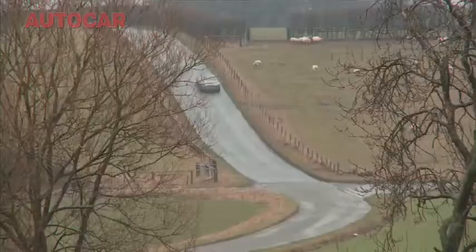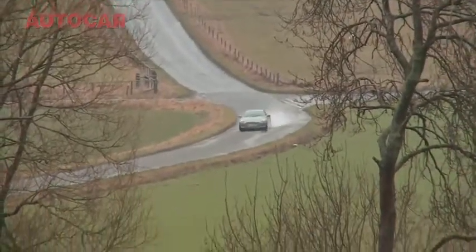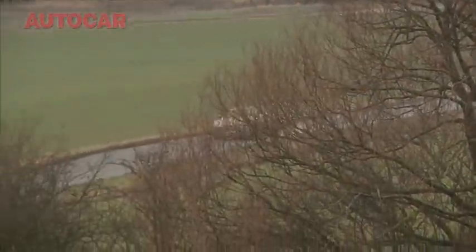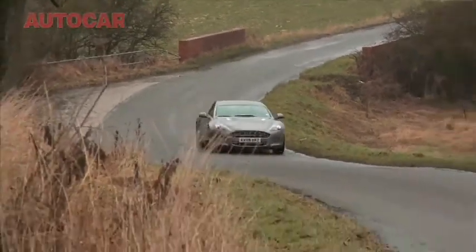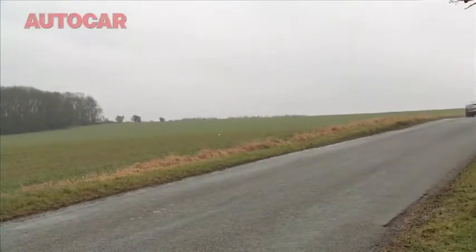Crucially though, what is it like to drive? Well, the good news is the Aston Sports DNA has largely been retained. It rides a bit better than a DB9, but that big-hearted, throaty V12 has still got that nice, normally aspirated thing. It just revs out really cleanly. This gearbox makes really sweet shifts as well. But what's particularly nice about it